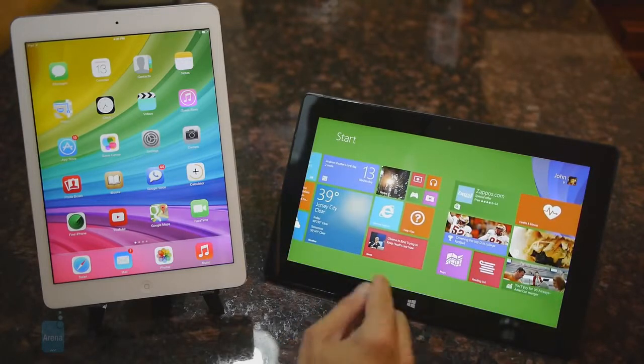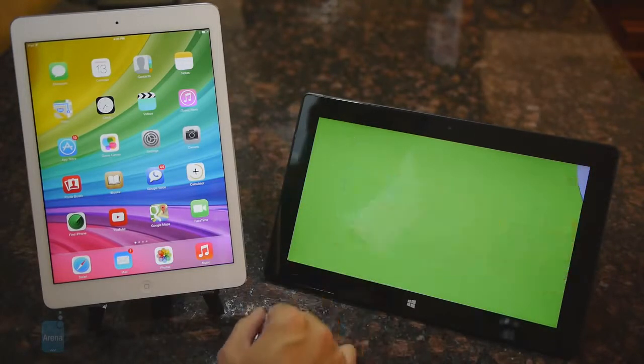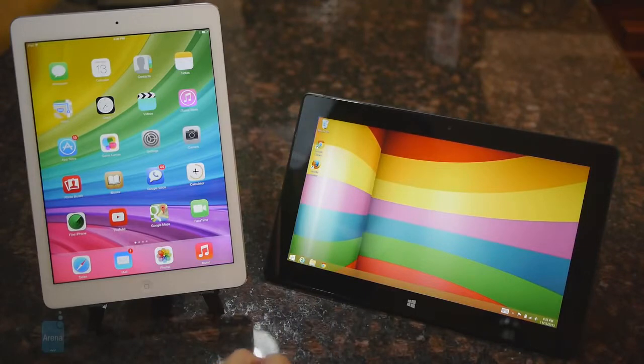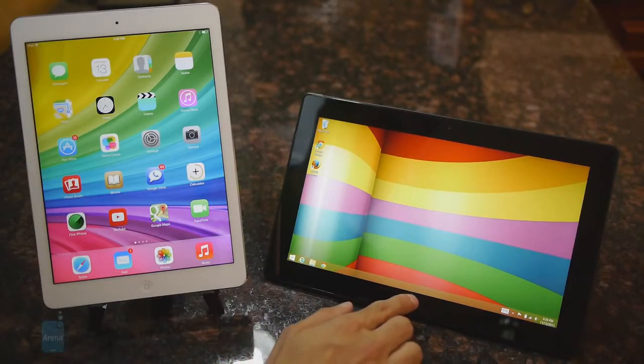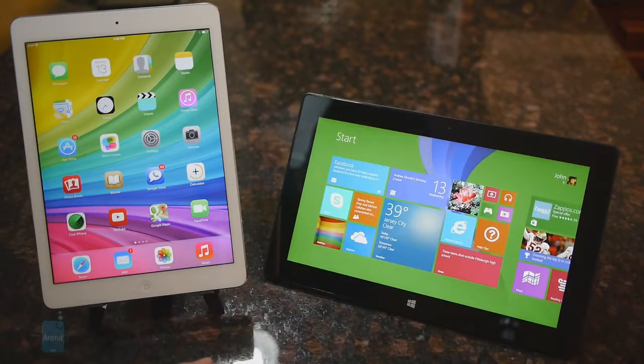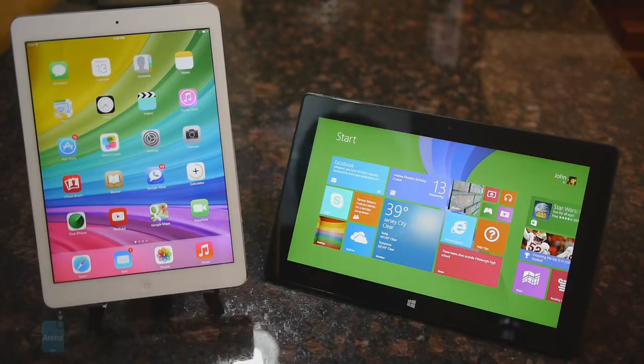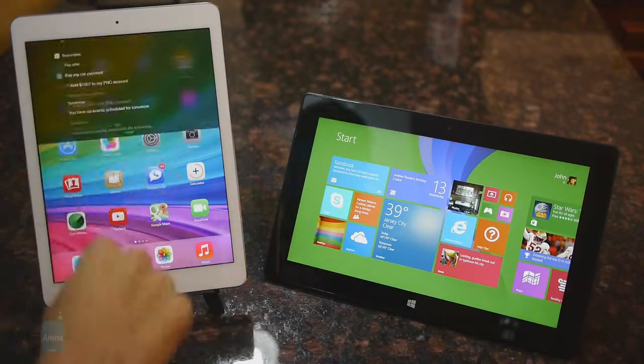But underneath it all, it's still a desktop platform, meaning that it runs the full Windows 8.1 experience. So if you're used to using particular software on a computer, you can run it all here with the Surface Pro 2. Notifications are better handled with the iPad Air just because as you swipe down from the top bezel,